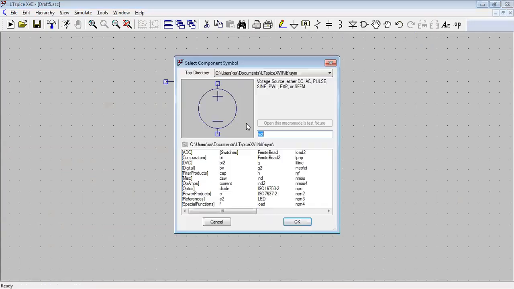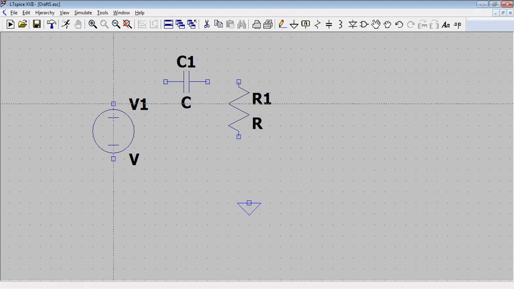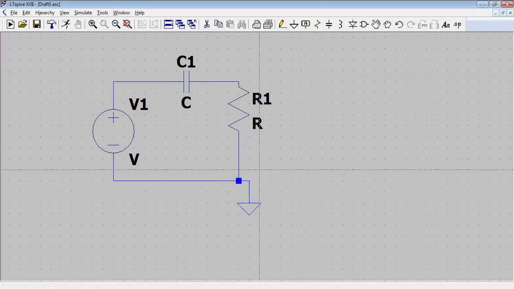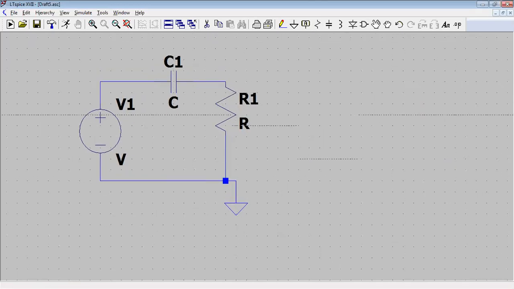I need a voltage source. So directly I can type the voltage. Voltage comes here. So let me connect a voltage source here. And what else I required? I required a ground. So let me take this ground. So let me make a small connection. So this is how my circuit got connected. Okay, so this is a very simple connection of this filter.